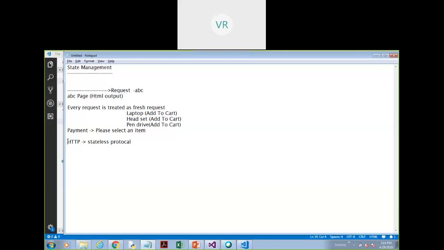So now since it's a stateless protocol, we don't want such an application. We want that our information must be saved on the server. So for that we have to maintain the state of the user. If the user has selected the laptop, I need to store this information. If he has selected a headset, we need to store this information, and the pen drive also.